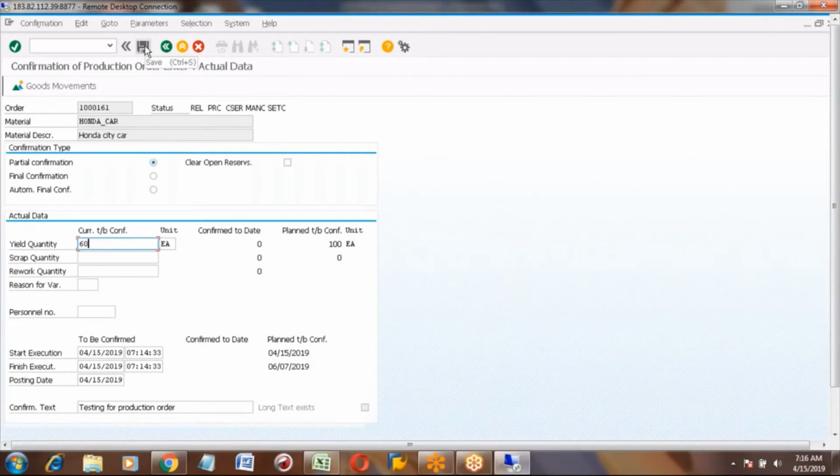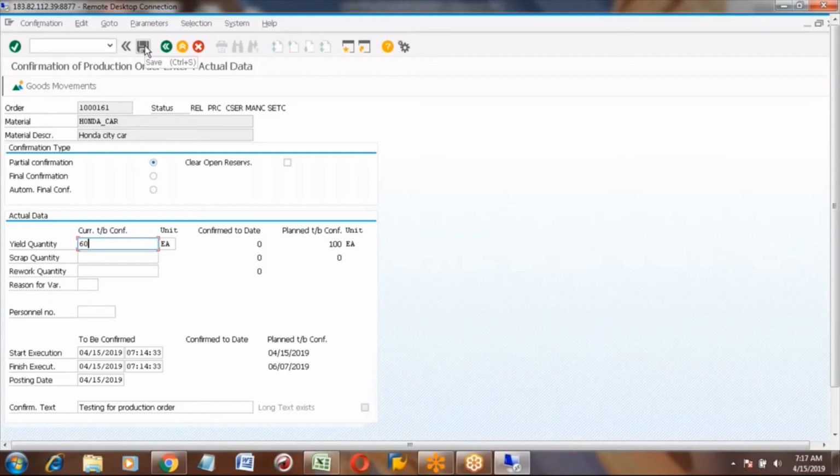This is another way of doing production order confirmation. There is no best one actually, it depends on the business needs. For example, fixing of engine is taking 1 day, and then tire fixing maybe another 1 day. Then today the labor has come and they fixed the engines of only 10 cars. So at the end of the day, you want to confirm how many engines they have fixed today. At that time you can go with the operation wise confirmation.